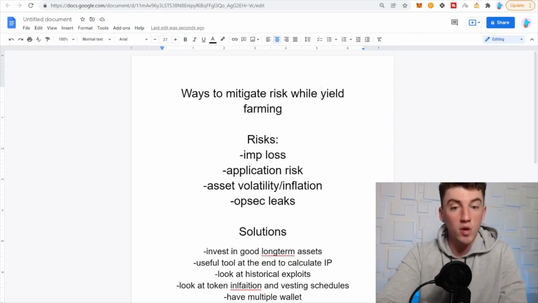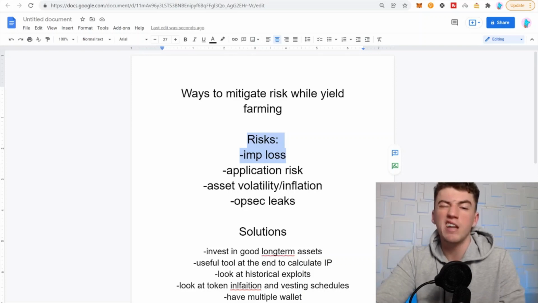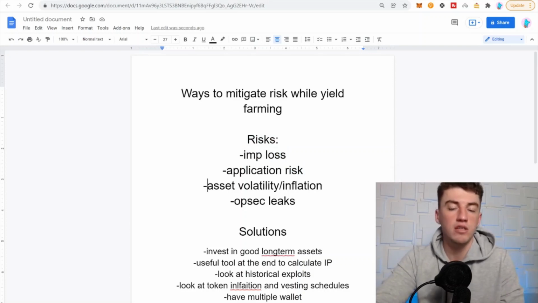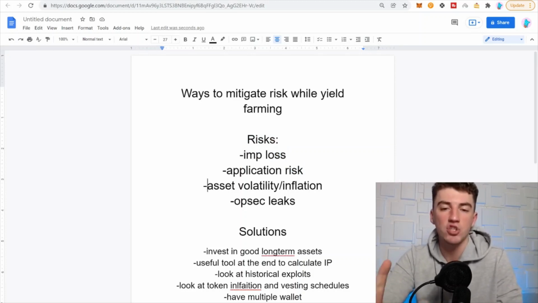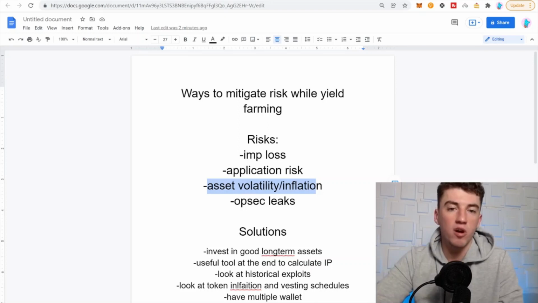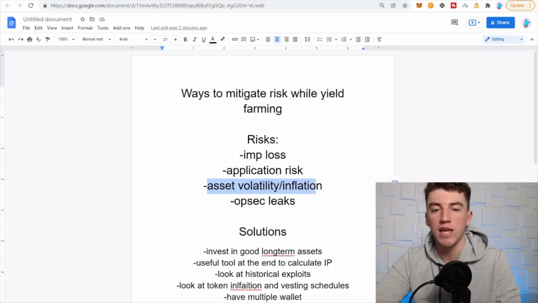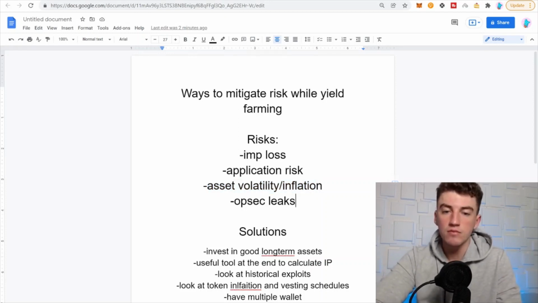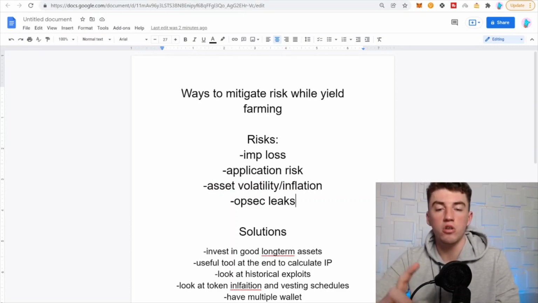So the risks I've noted are, first, impermanent loss. We'll touch on that more in a second. Second, application risk. These are all on DeFi, decentralized financial applications, and I have a bunch that I'm about to bring up. Application risk includes exploits, where pools get drained. That's always a risk. Third, asset volatility and inflation. If you provide liquidity for an asset that has high token inflation, you're taking on a lot of risk, and we'll talk about an example of that in a second. And if you're putting your money into a pool for the long term,